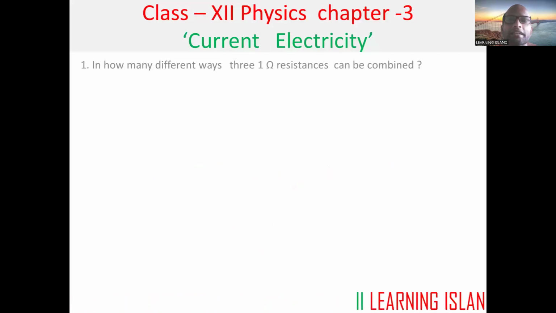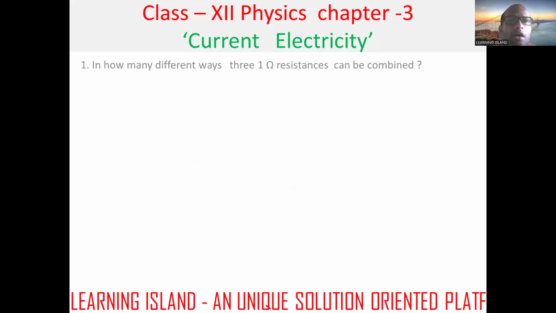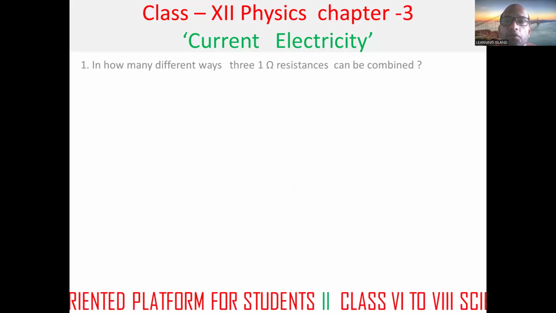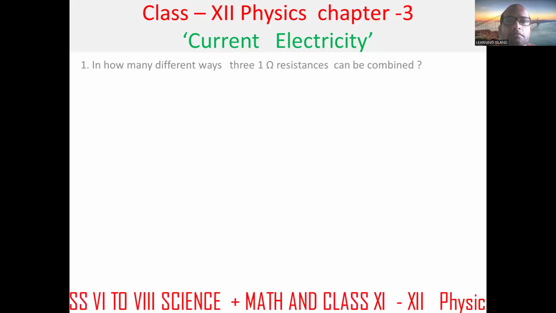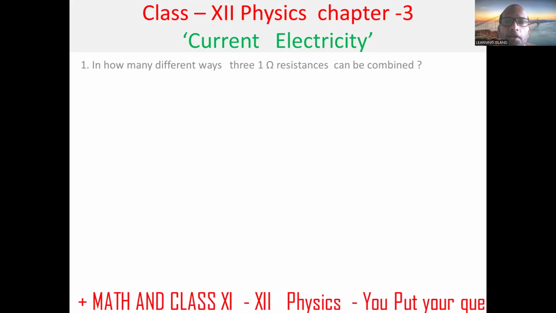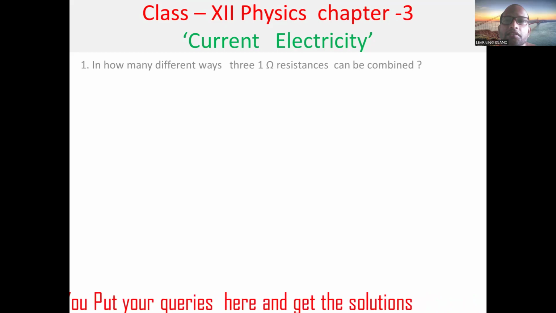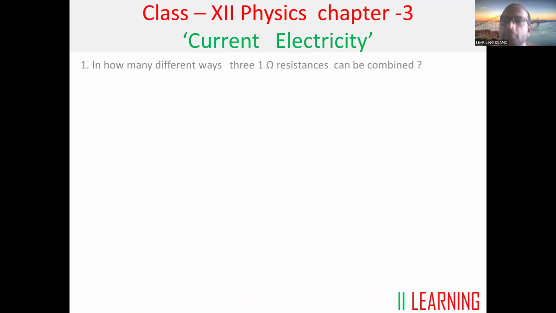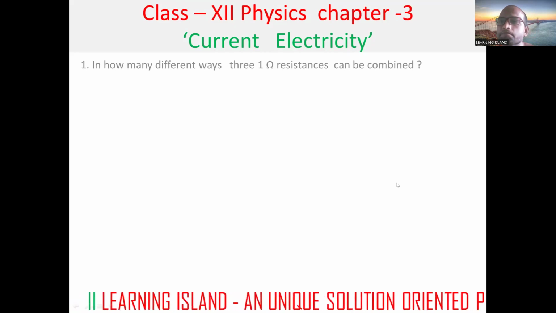So chapter current electricity. The first question is, in how many different ways 1 ohm resistance can be combined? मतलब 1 ohm वैल्यू का 3 रेजिस्टेंस है, वो 3 रेजिस्टेंस को हम किस तरह से कंबाइन कर सकते हैं, that is combination हम कैसे कर सकते हैं. Okay, so